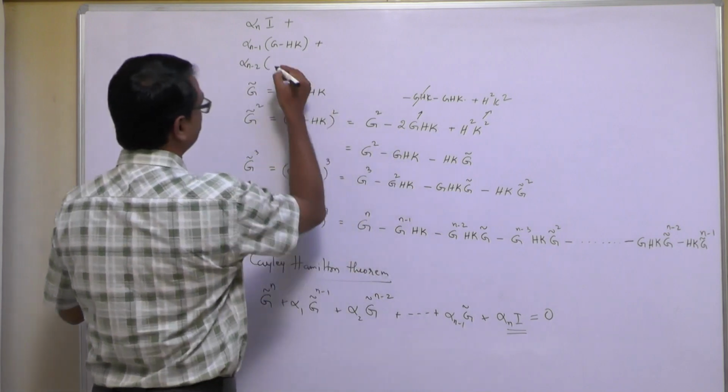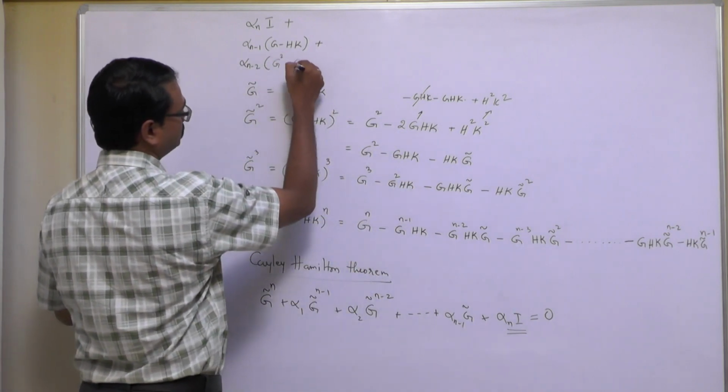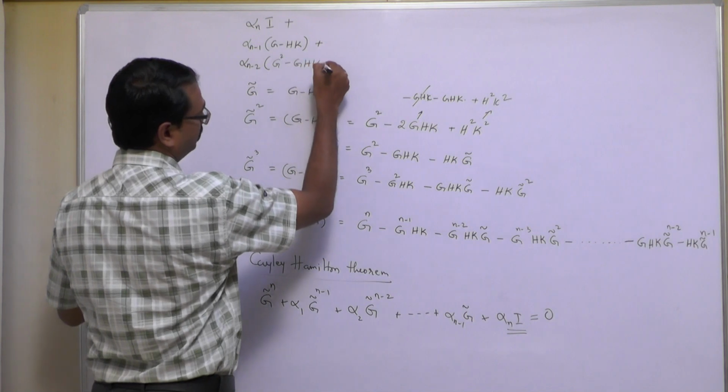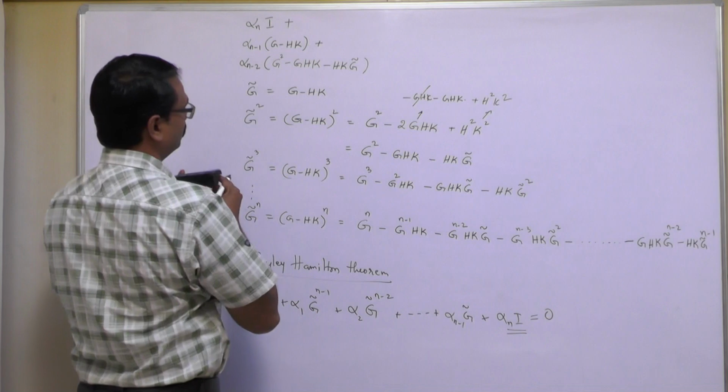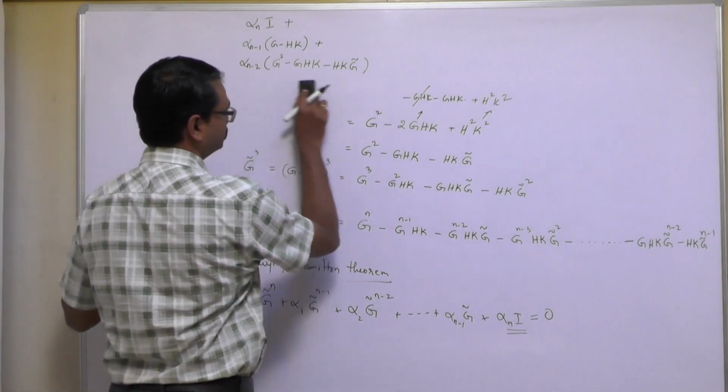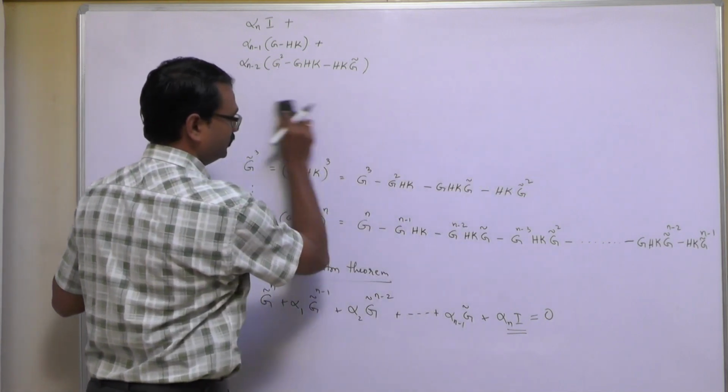So this is G square minus GHK minus HK G bar. Okay, so I will erase it up to this point since we have finished this part,